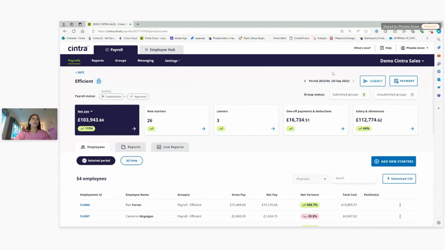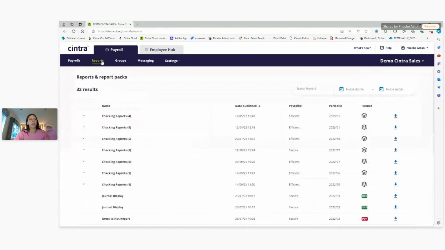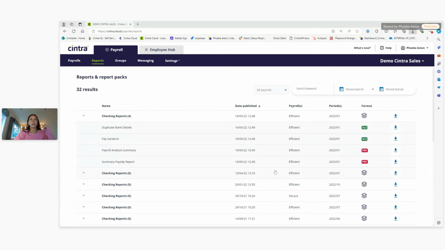Once we have run the payroll, we'll send you your checking reports back. The reports are up to you. Typical ones would be a pay variance summary. Just going to see if this will bring up here. You can set this to a certain threshold or no threshold at all, but it's going to look at the current, previous, and the variance